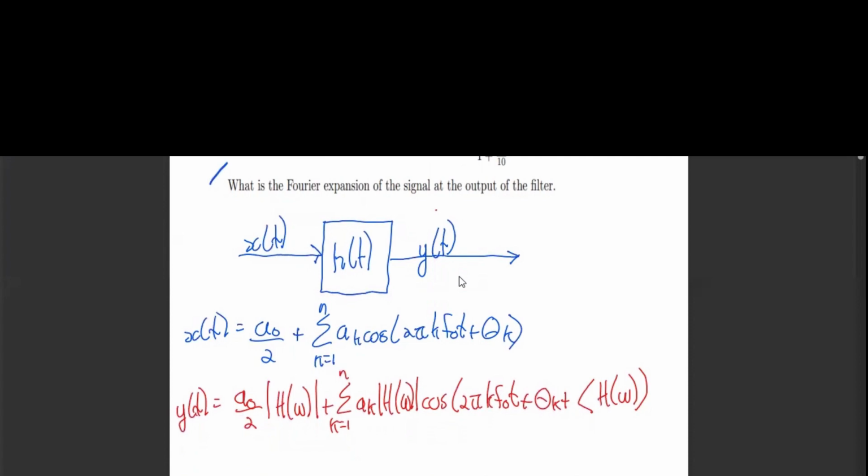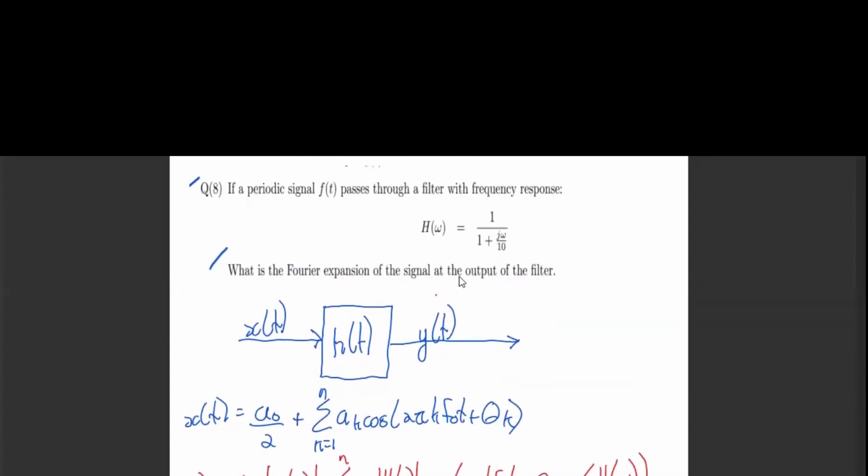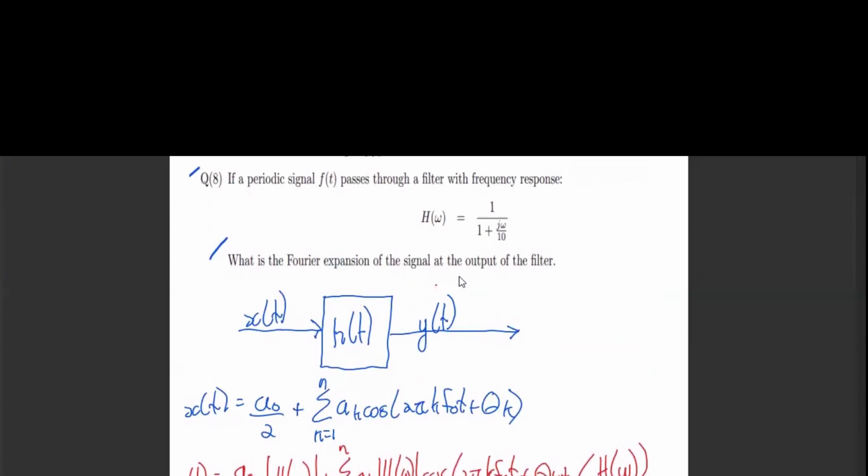Right, so the filter is frequency dependent. Depending on the frequency that you send into it, it will affect the magnitude and the phase of that specific sinusoid differently. Right, so in this question here, they gave us the frequency response of the filter